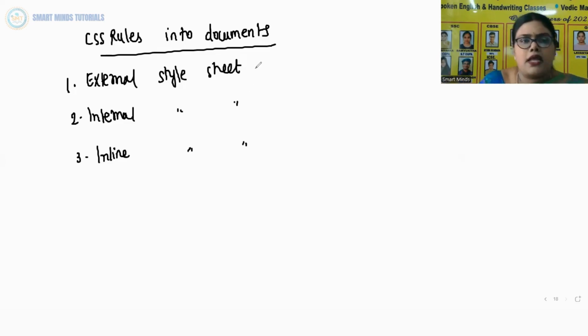So first let us understand about external style sheet. External style sheets allow the users to create applications with multiple pages. In an external style sheet, multiple CSS rules are written in a single document and saved under a file name with the CSS extension. Hence, if any web document wants to adhere to these rules, then a simple link to filename.css is made using the link tag. So let's see how we can do that. First we will take the file name as